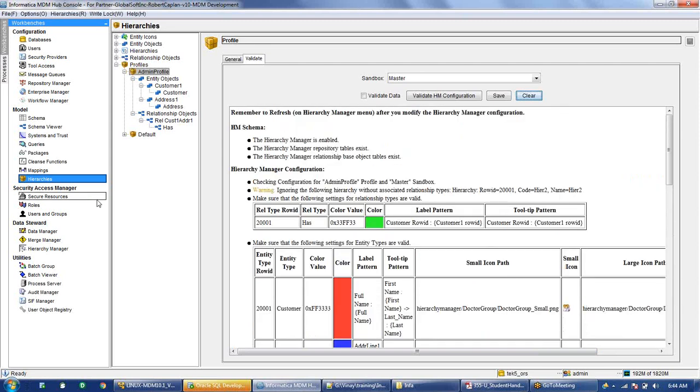After that, we went to the data manager. Last time we inserted a couple of records and saw this data through the HM hierarchy manager, basically how it looks. So today we'll go through the normal process: once this configuration is done, what are the other things that we need to do from the schema perspective.